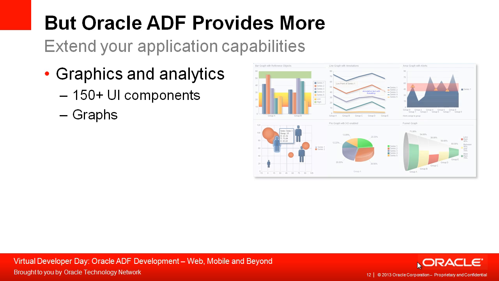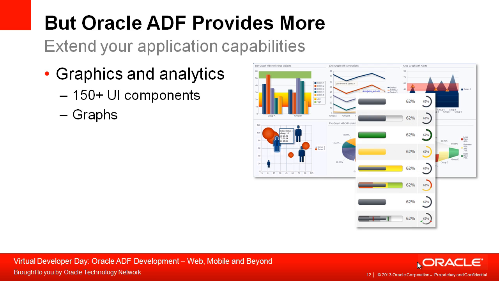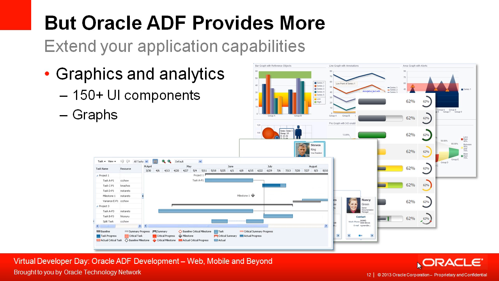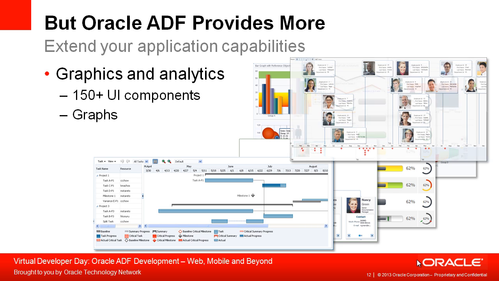So for example, there are bar charts, line charts, funnel charts, pie charts, a lot of different styles of charting capabilities. There's things like gauge components, and gauge components are really useful for showing, for example, levels in between different thresholds as a good use case. We have things like hierarchy charts as well for viewing hierarchical information. And there's things like Gantt charts, timeline charts as well. And there's a massive range of different components.